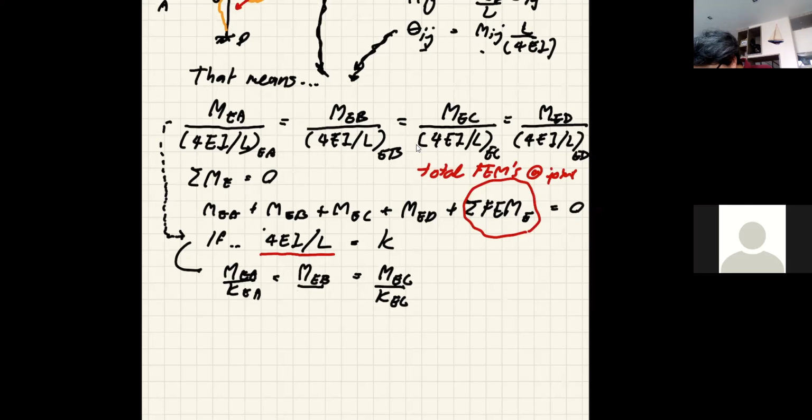MEB over KEB and equal to the last one, MED over KED. Okay, but you can see if you have something like this, it means that I can write